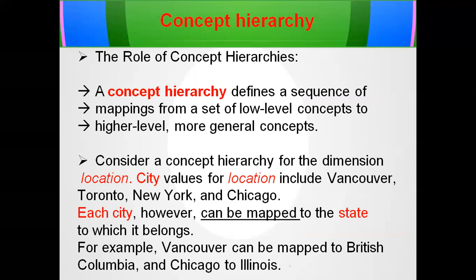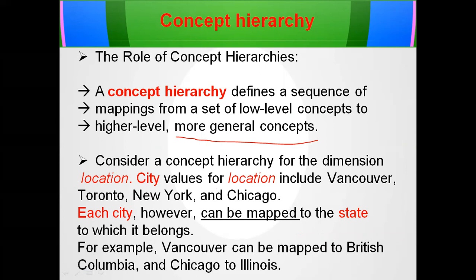So what is concept hierarchy and what is its role here? Concept hierarchy defines a sequence of mappings from a set of low-level concepts to higher-level, more general concepts. This is the important point to be noted. As we discussed, city-wise data we can map to state-wise data, state-wise data we can map to country-wise data, and so on. If we take the example of the location dimension here,